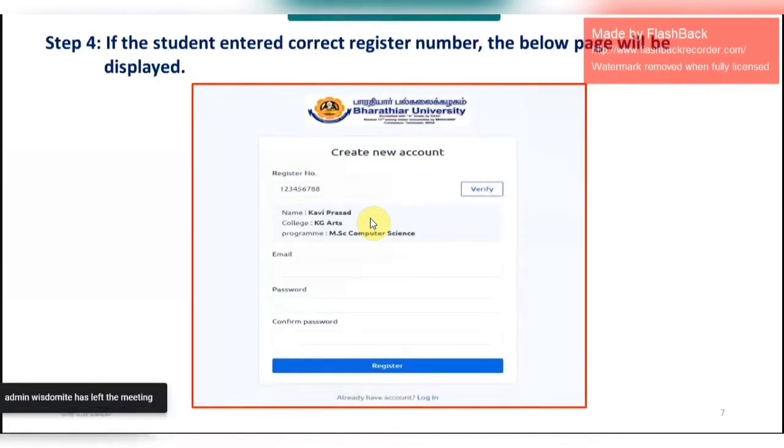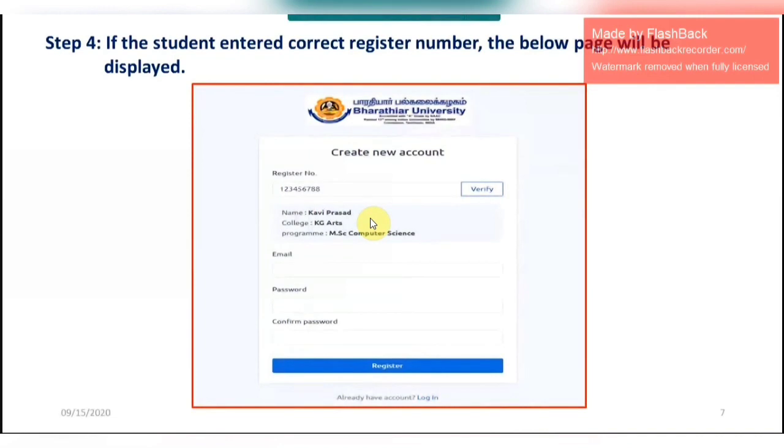During this mock, if any student finds any difficulty at this stage itself, please ask them to respond to the institution so that any clarification in the database can be modified immediately.